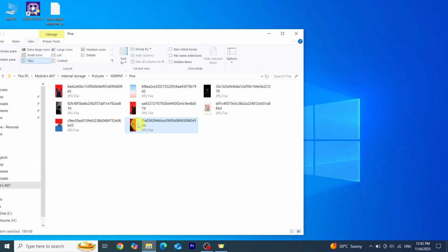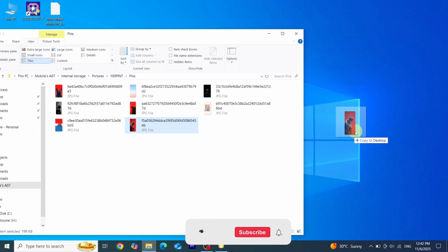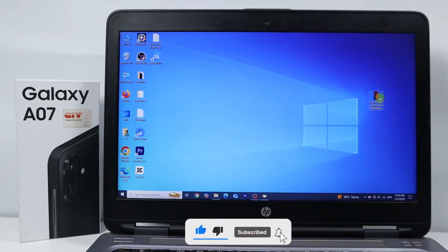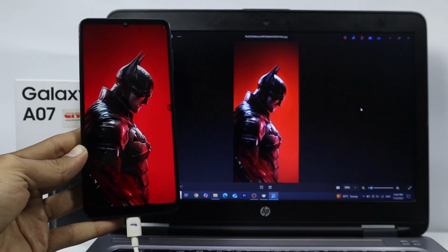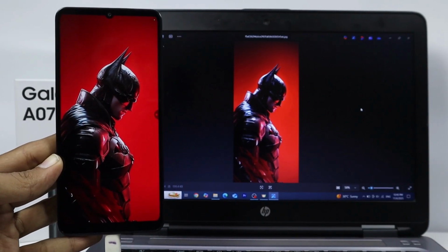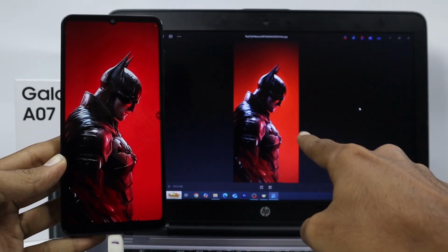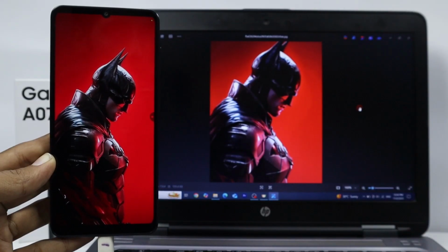Now to transfer this photo from my smartphone to my laptop, I will drag this picture and drop it on my desktop. Just like that. And as you can see, we have successfully transferred this photo from our smartphone to our laptop. And this is how you can transfer data from your